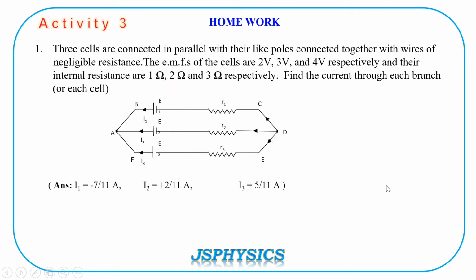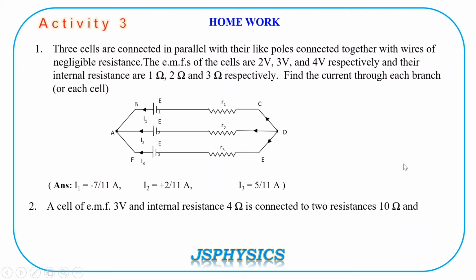Let us perform one activity. As I told you, during the activity, you read the question, solve, and then see the answer. This is one particular circuit in which three loops are there again. Now you'll be able to identify the loops and get the equations. Whichever equations you get, solve them simultaneously and you'll get the values of current I1 and I2. Once you get I1 and I2, you can apply Kirchhoff's first law to get I3, which is nothing but I1 plus I2.